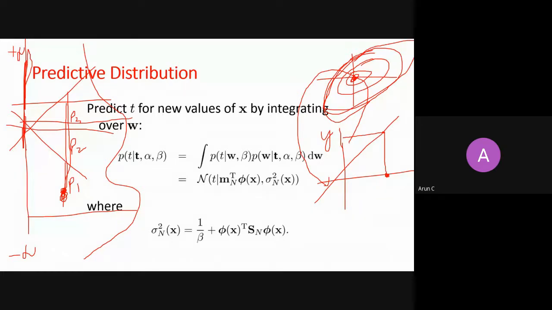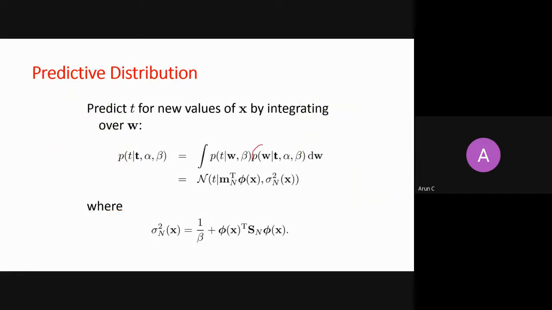Just to generalize the formula, this is your posterior distribution. Just ignore alpha and beta, but you know what alpha and beta are also. What you are saying is, you pick one W from the posterior one by one and find out the probability of seeing that T from that line. Then you pick the second W and find the probability of seeing that same point. Then pick the third W, and then add all those probabilities, right? Because you are doing it for every T, you will get a distribution.